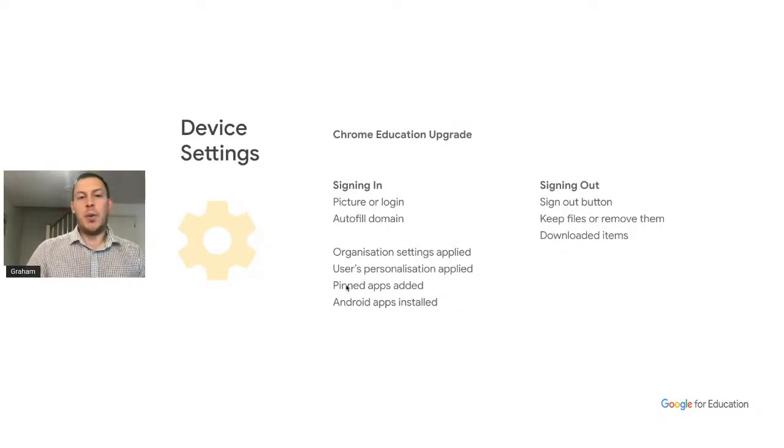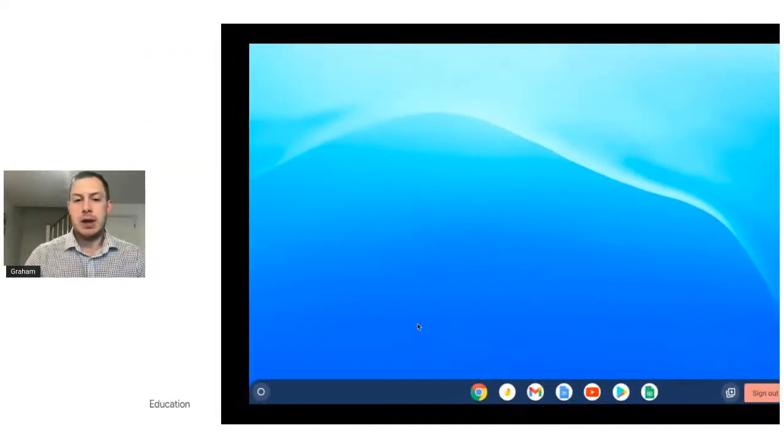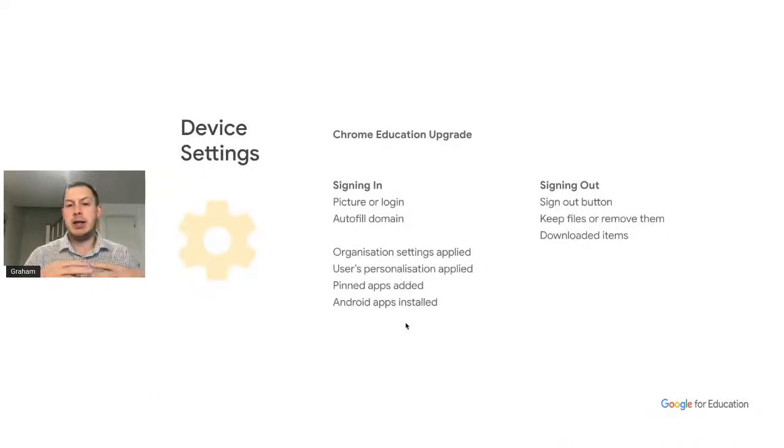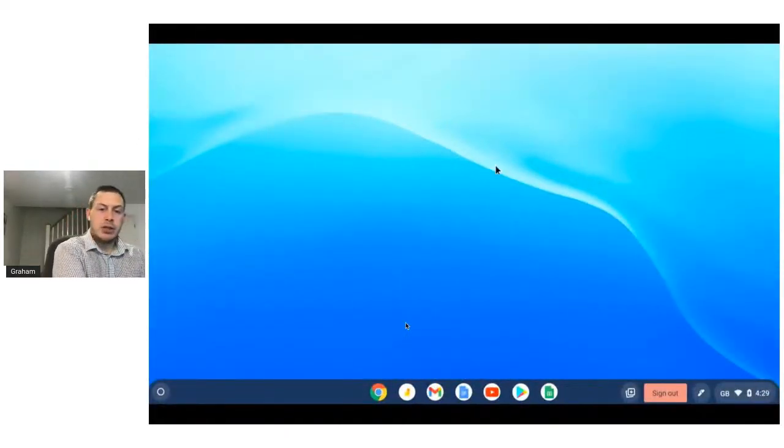A couple of other things to mention. As you can see in this Chromebook, there are a number of different apps pinned across the bottom here. They're called pinned apps, and these can be applied by the organization. So the organization can choose some selected applications to pin to the bottom bar. They can also be added by users themselves. So when a user signs into the Chromebook, they get their individual pins. So it's a good idea from an organizational perspective that you don't just pin every single tool that the students might use. Use the key ones,